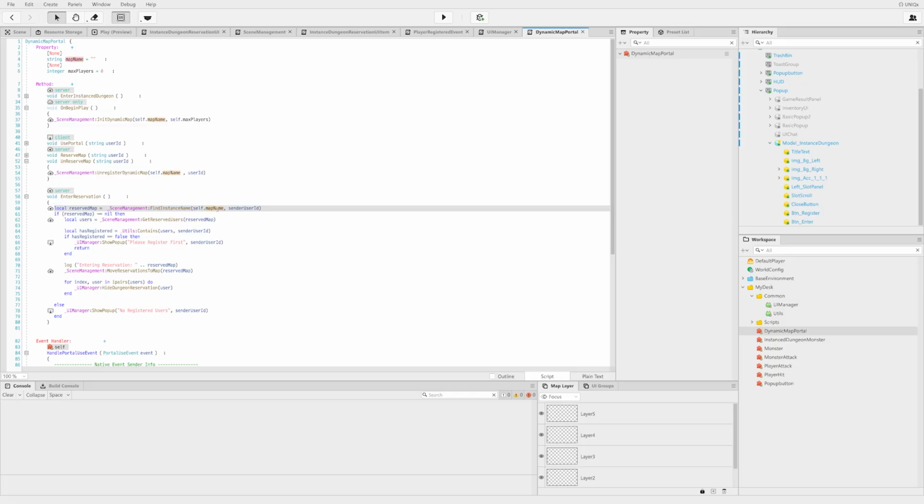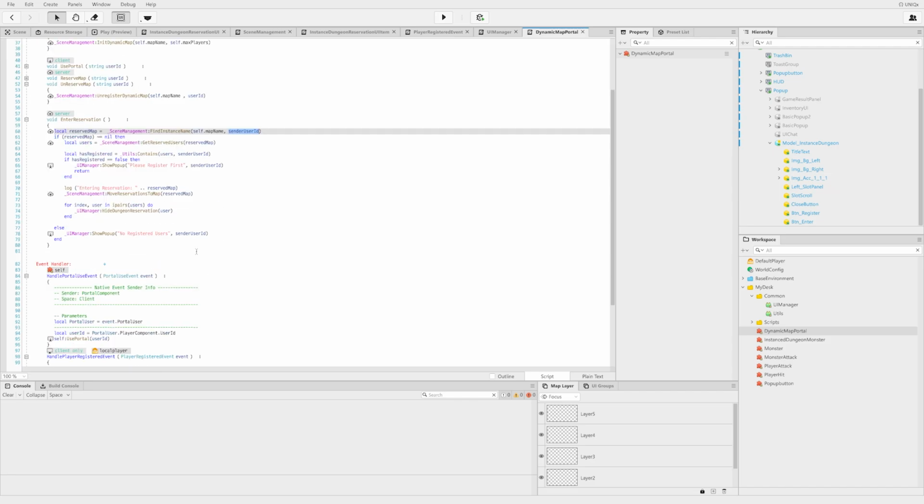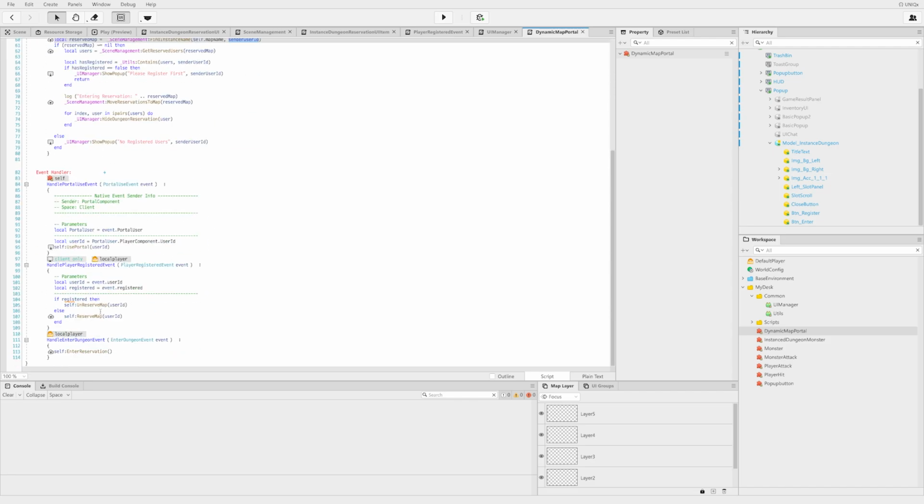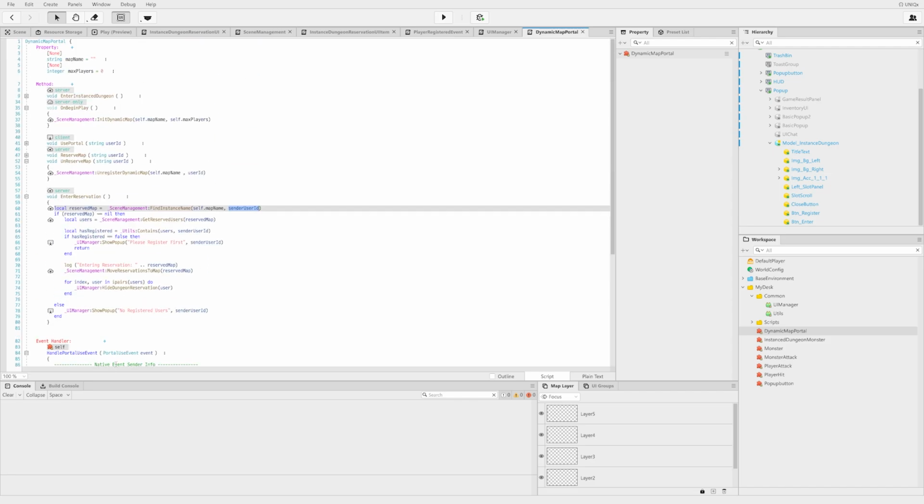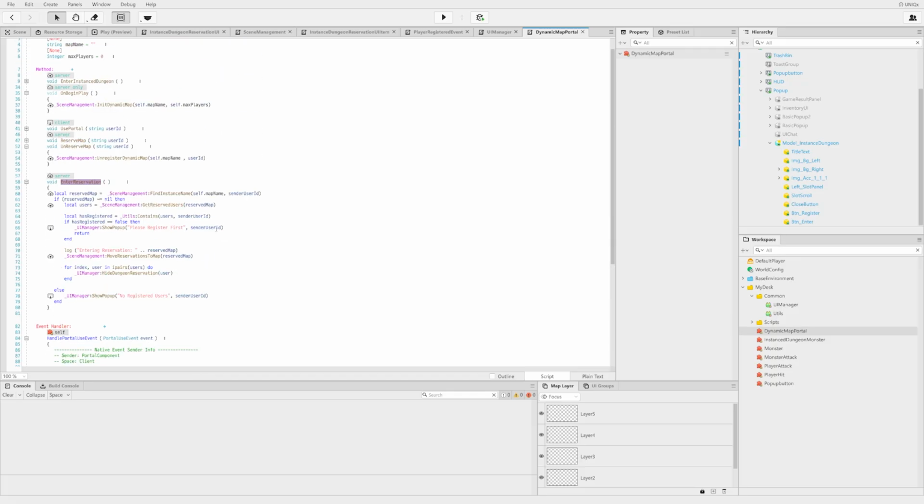This will be a parameter that is automatically retrieved when we call a server-side function from a client. So when the server receives a request to call a function from the client, it will know which client has called the server-side function. So that's what the sender user ID will keep track of, which client called this function. So we're going to pass in the map name and the sender user ID to find the instance name